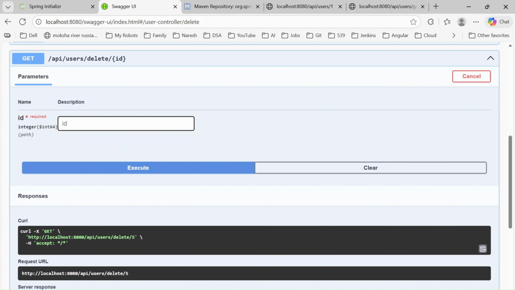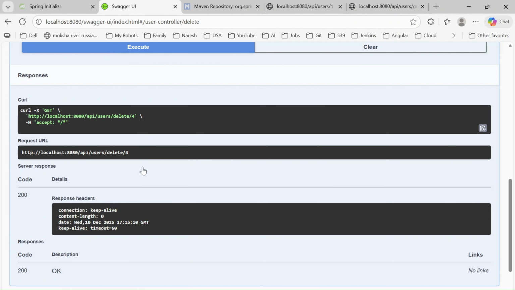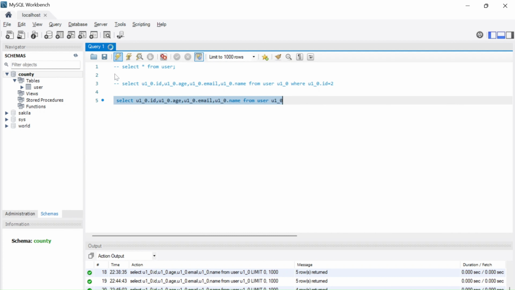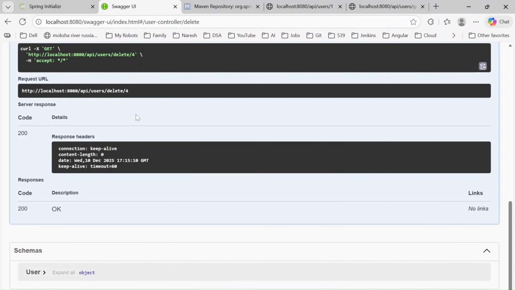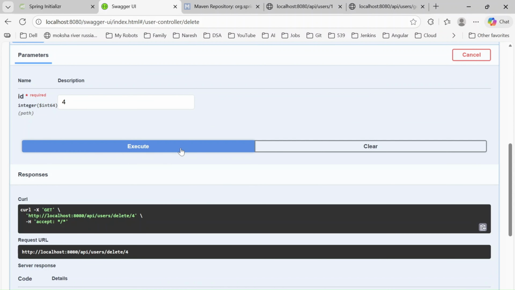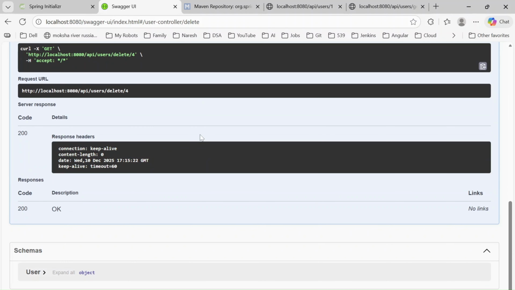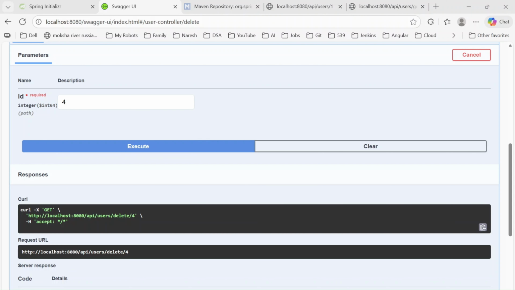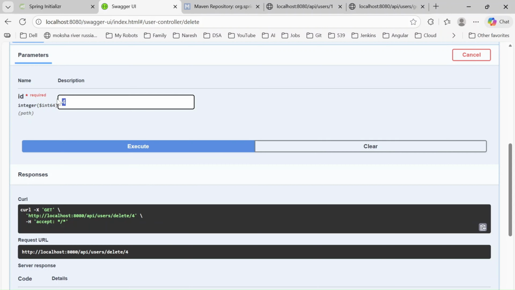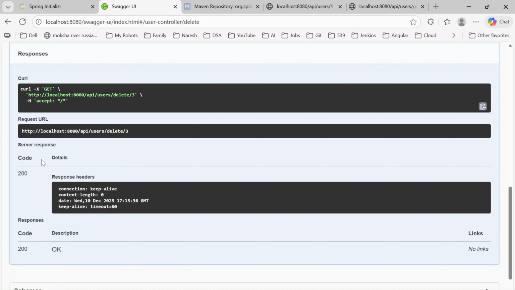Say for 4. 200. 4 is gone. Just try 4 again. It's not throwing any error. It's not throwing an error because the row is not there, so it's not deleting. That's okay. Say 3. 3 is done. See,